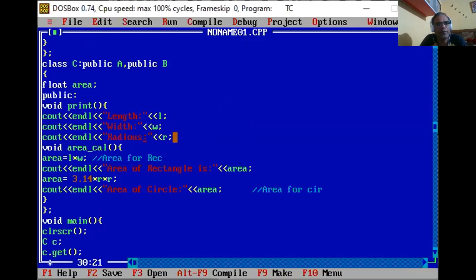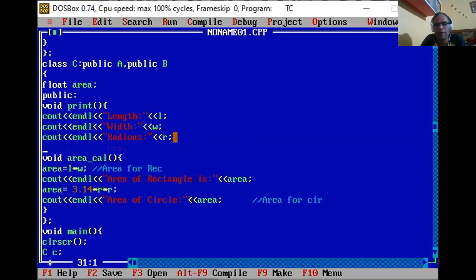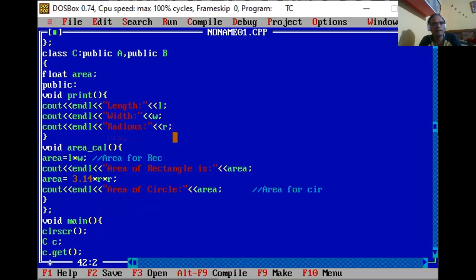So we define the print method in the derived class. In this method, you can print the values of the data members which are declared in the base classes.